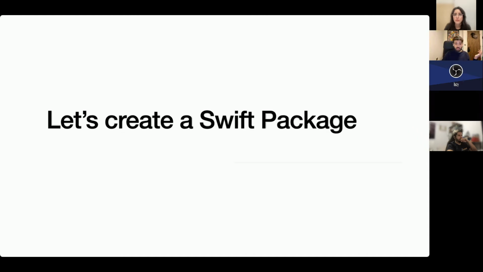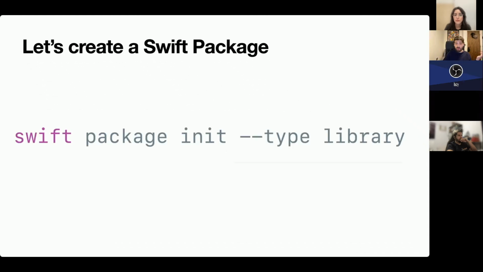So to create a Swift package, you basically just run Swift package init, and in this case, I'm gonna make it of type library. You can make different types of this. And this is very similar to doing an npm init. So it will create a package where you can have a definition of all the targets you're gonna have, all the scripts you're gonna run, and all the dependencies your package is gonna have.